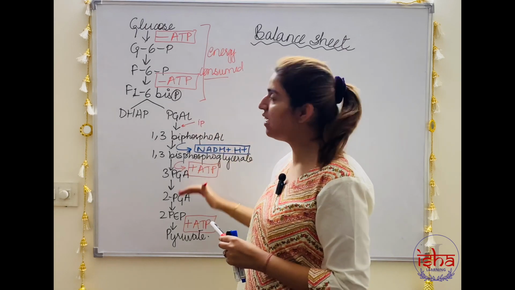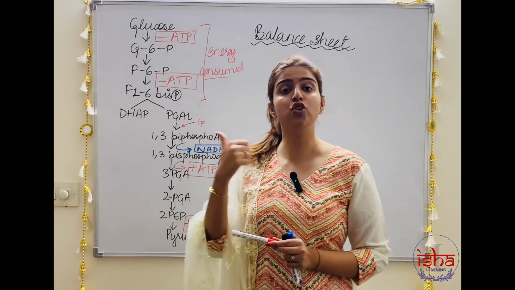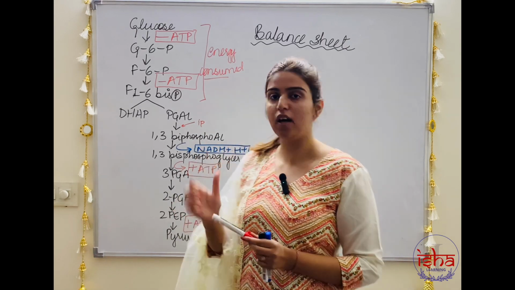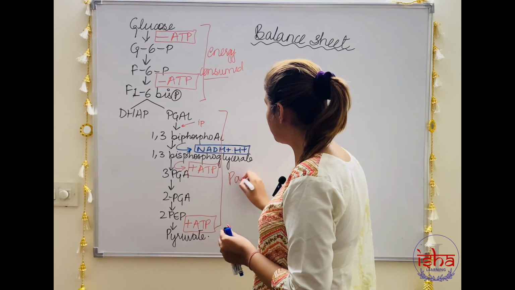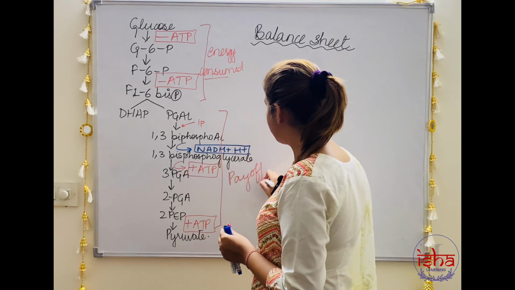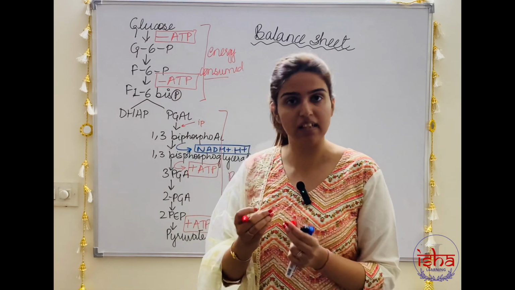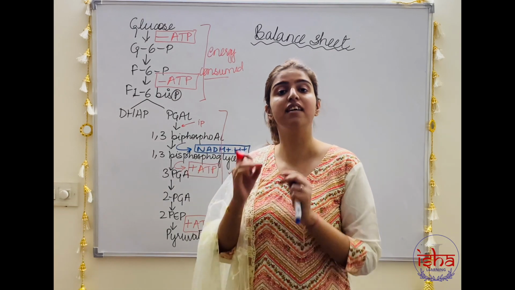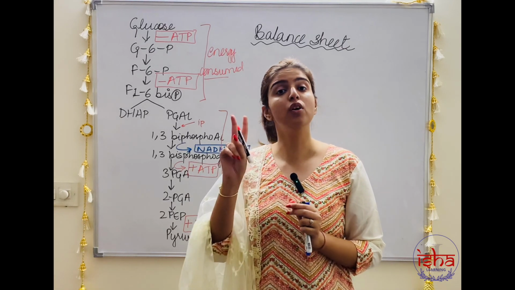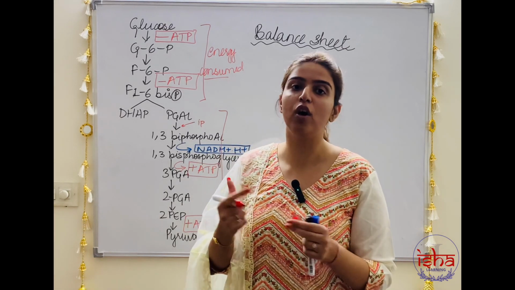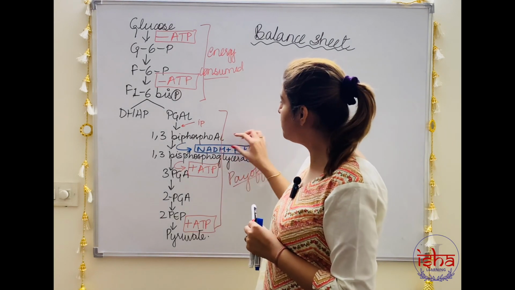Whereas in the second half of the glycolysis reaction, there are 2 energy yielding steps. Now, this is known as the payoff phase. Why? Because this glucose breakdown is paying me some kind of energy currency. So this is the second phase, that is the payoff phase. In the payoff phase, we see that there are 2 steps at which 2 molecules of ATP are liberated. One, when you see that